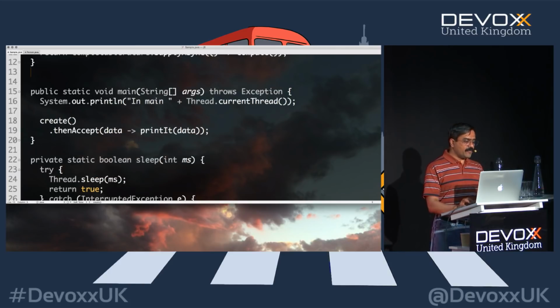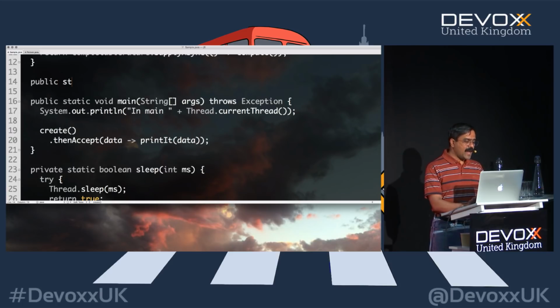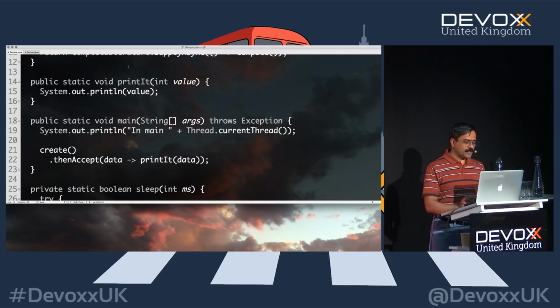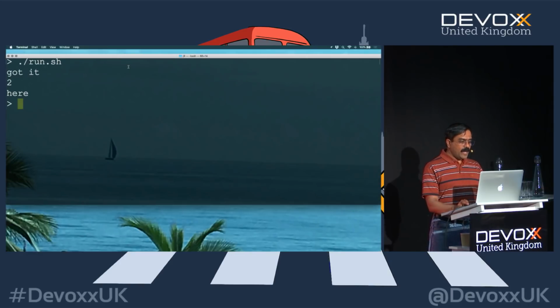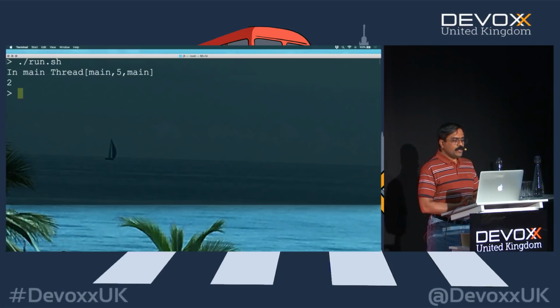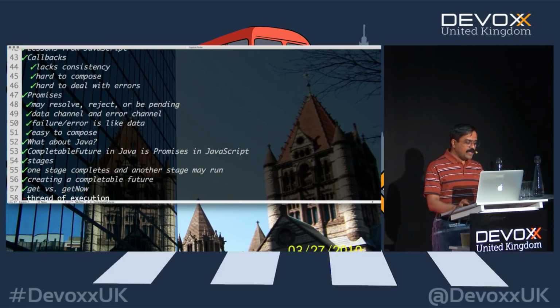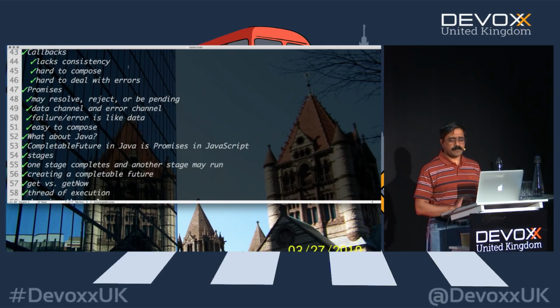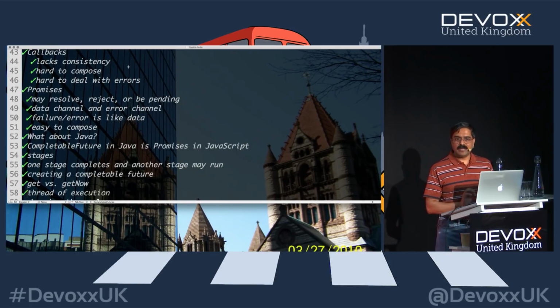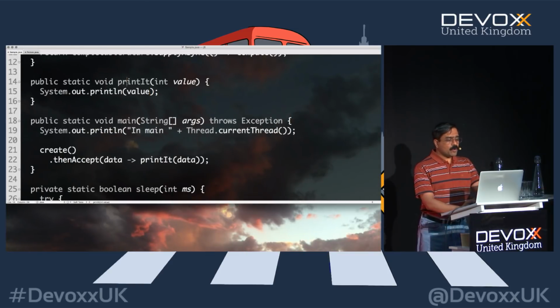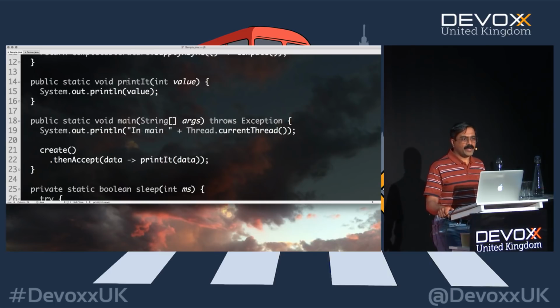Now the question is, if I go over here and say public static void, and let's call it printIt, and what am I doing in the printIt method? I'm going to get a value, and I'm going to simply print the value. Let's take baby steps and run this. So when I execute this little code now, you will notice that it said main thread is running it, the value of 2, no big deal. But the question really is, what is your thread of execution? I do have to say this is something I really love what they have done. The point here is you don't want to do more threads for no good reason.